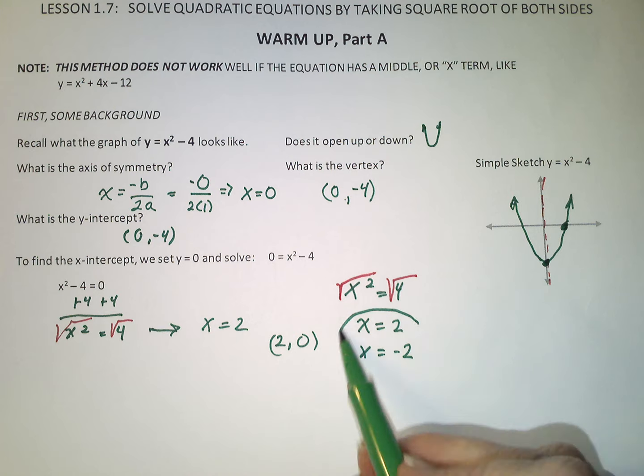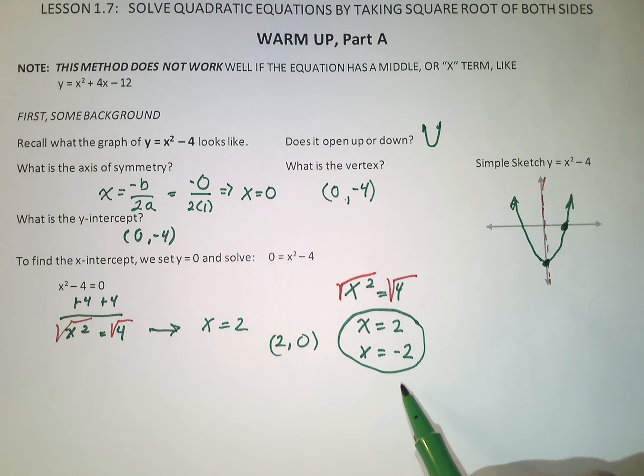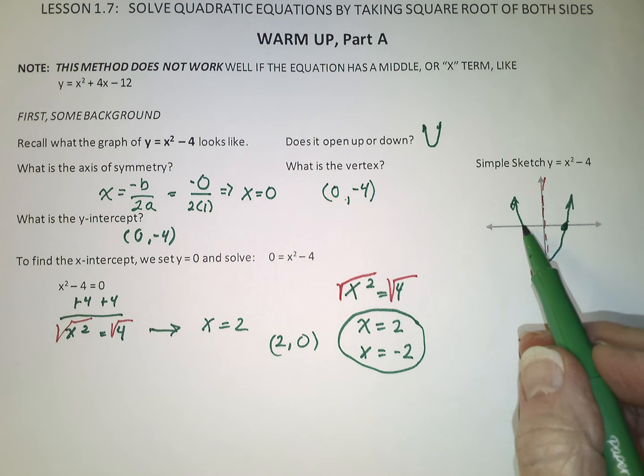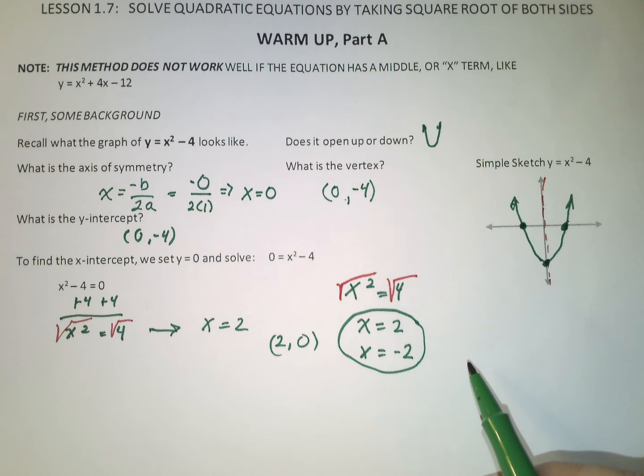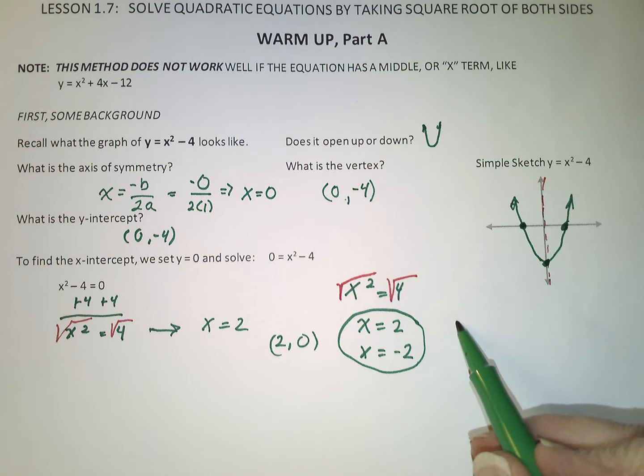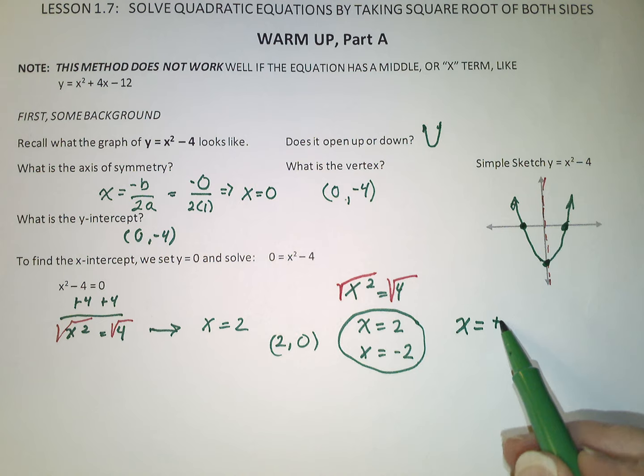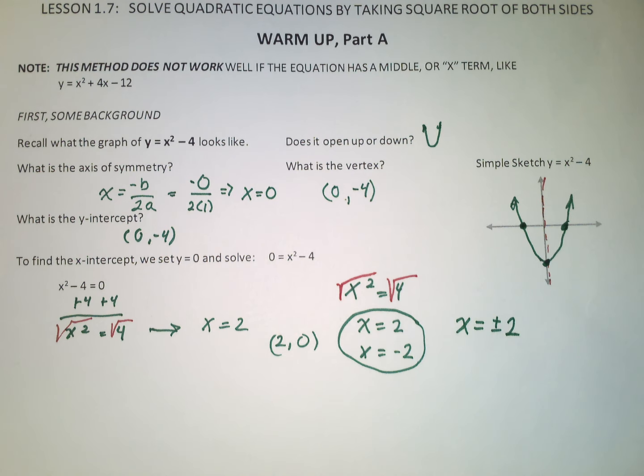So both of those are solutions, which fits with the picture. There should be an x-intercept over here. Often we just combine it and say x equals positive or negative 2. So that's the background. Now let's